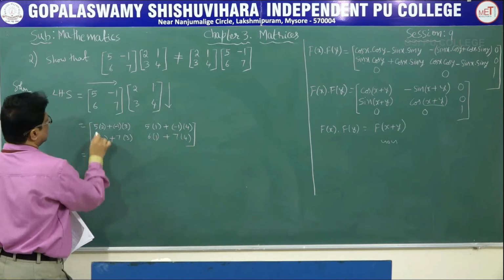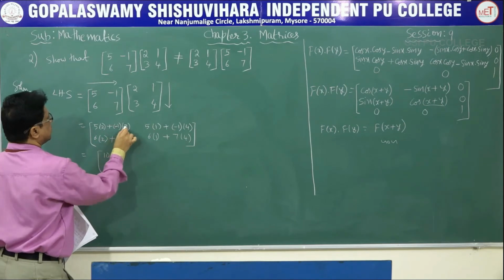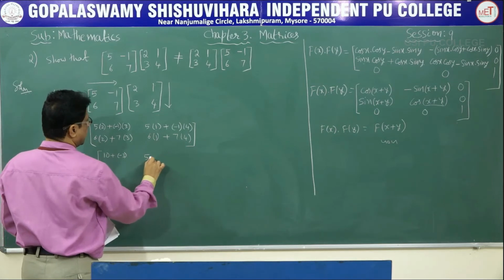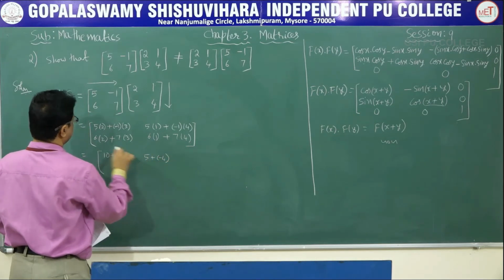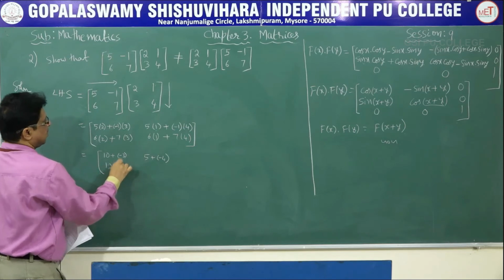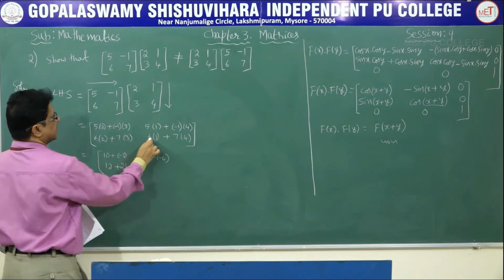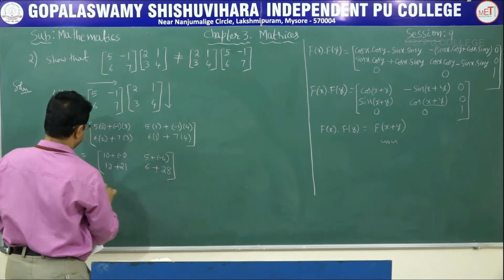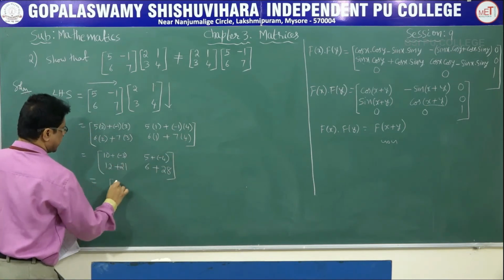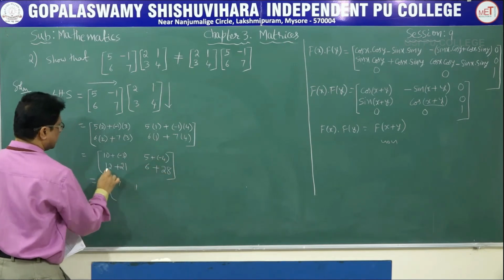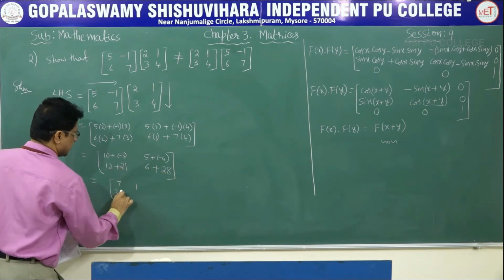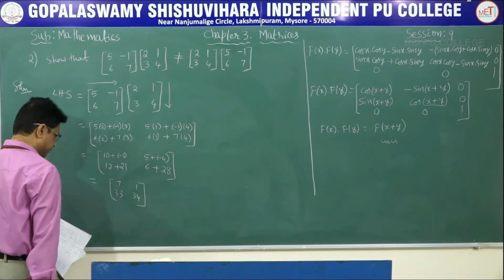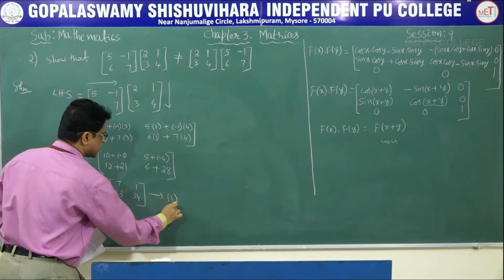So that is equal to 5 2s are 10 plus minus 3, 5 into 1 is 5, 6 2s are 12 plus 7 3s are 21, 6 plus 7 4s are 28. That is equal to 10 minus 3 is 7, 5 minus 4 is 1, 12 plus 21 is 33, 28 plus 6 is 34. We call this as 1.